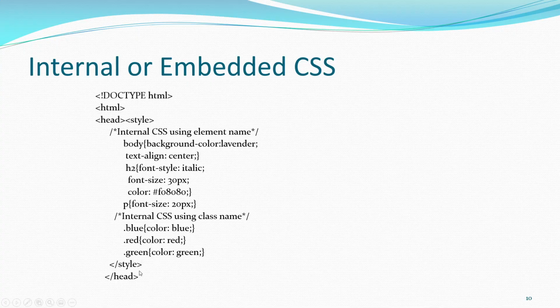Finish the style tag, and then complete whatever you're defining within the header. So that's the internal and embedded. You have to rinse and repeat all of this on each page,